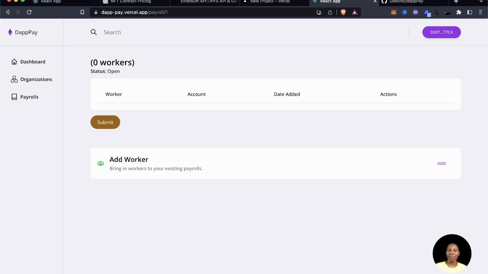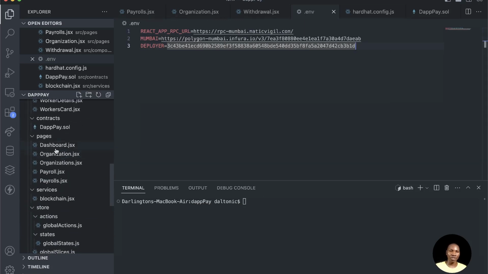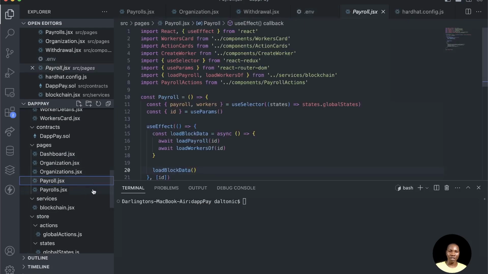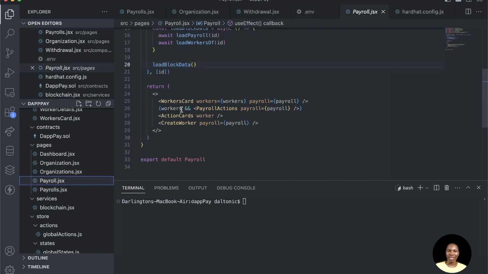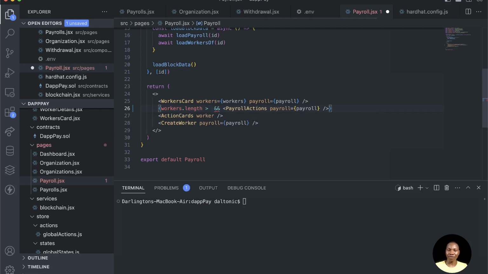That is my bad, and we can quickly fix that by ensuring that in this payroll page, you don't just want to say if there is a worker, but if workers.length is greater than 0. This is the condition that should